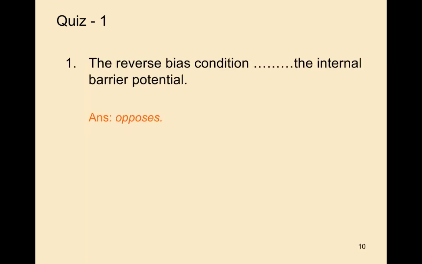So there is an electron hole pair created by thermal agitation. Due to this thermal agitation, there is a flow of minority carriers from P side to N side and N side to P side. Due to this, there is a small value of current flowing in the diode. That current we call a leakage current, reverse saturation current I0. This reverse saturation current is in microamperes or nanoamperes.